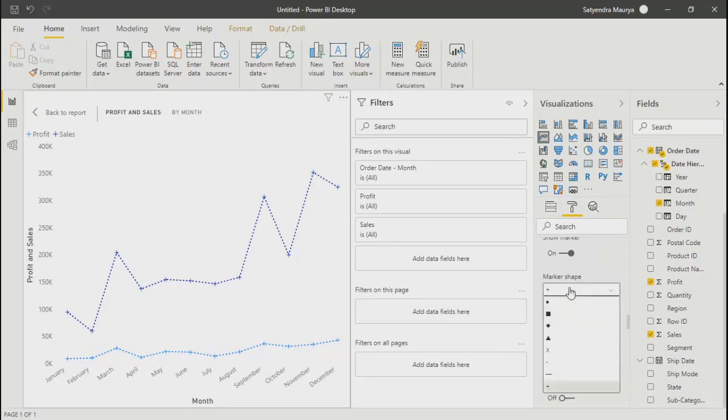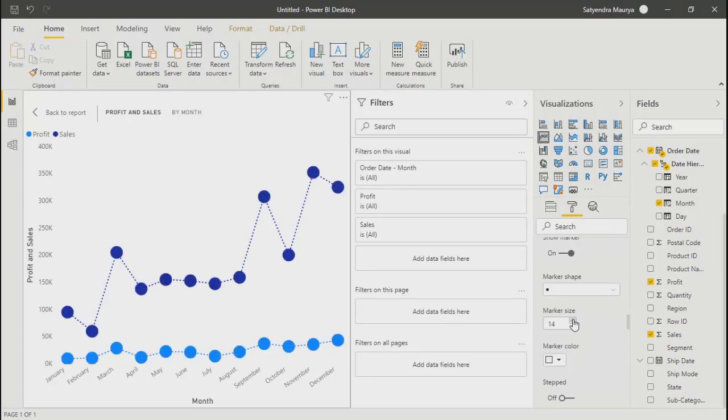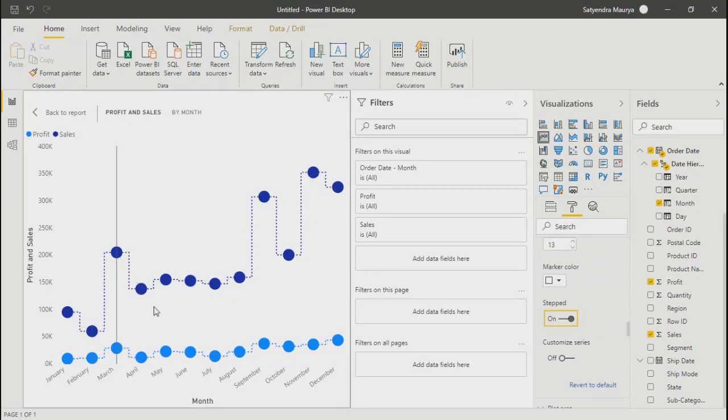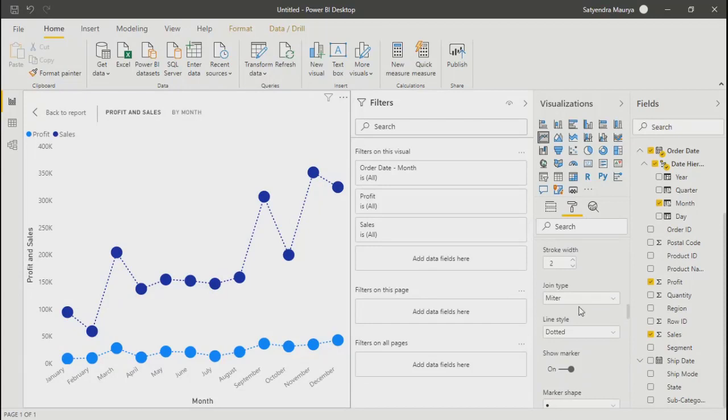You can change the color and the size. So this is the stepped trend. You don't want that, that's fine. Join types, Miller. So over here, you can do the formatting the way you want.